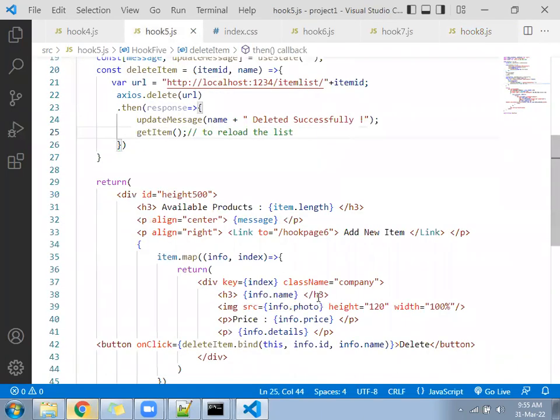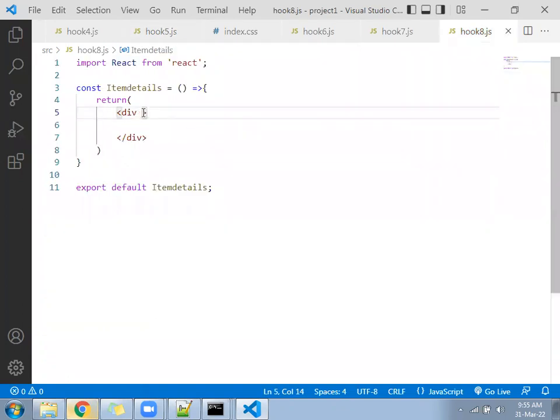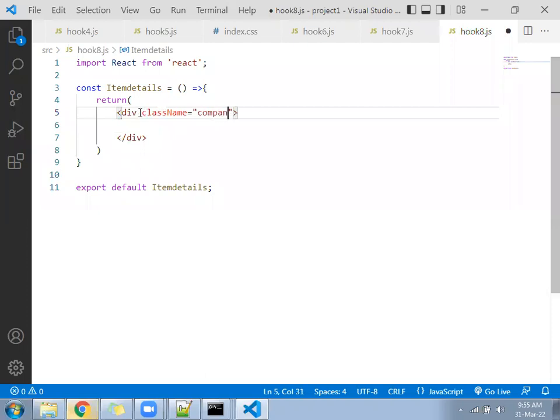Inside we have created the class for company. You can call here class name equal to company class.